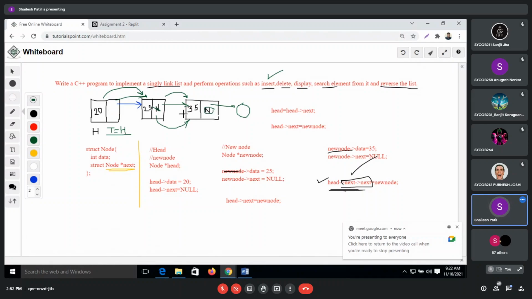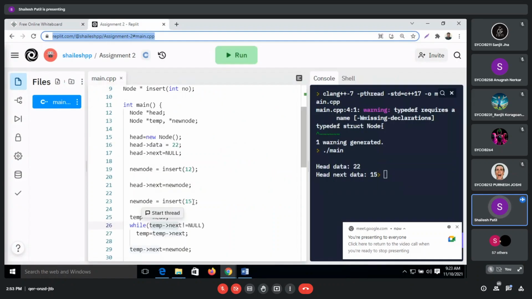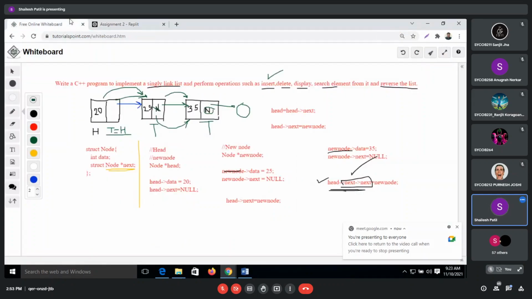So now temp is pointing at this location or at this location. Where is temp now? While coming out of this while loop, where is temp? Here or here? We are checking temp next is equal to null. What we are checking, temp next is null. So temp is here because this node's next is null. So we are here.